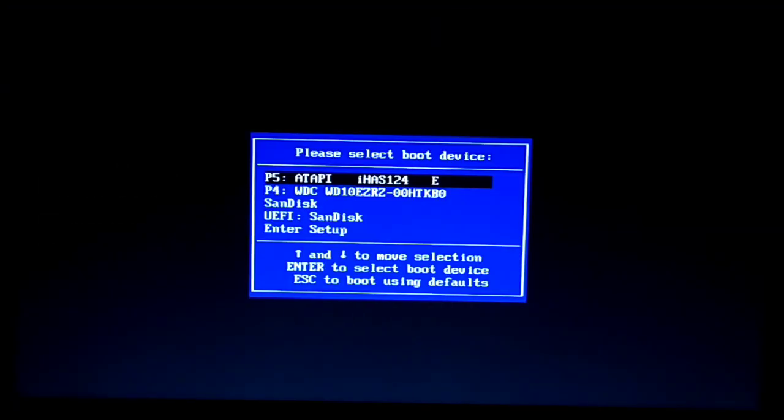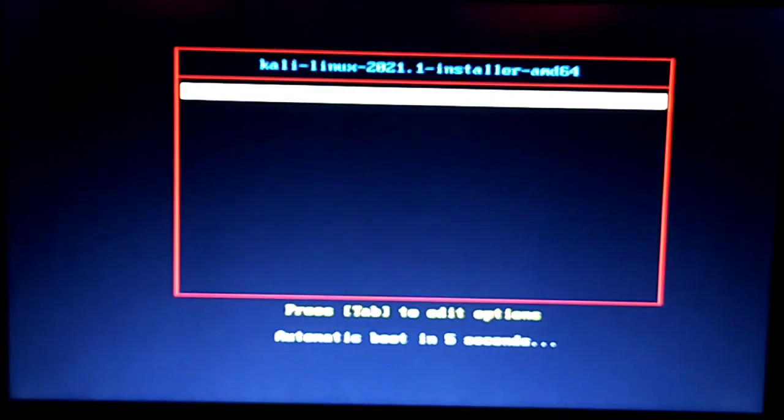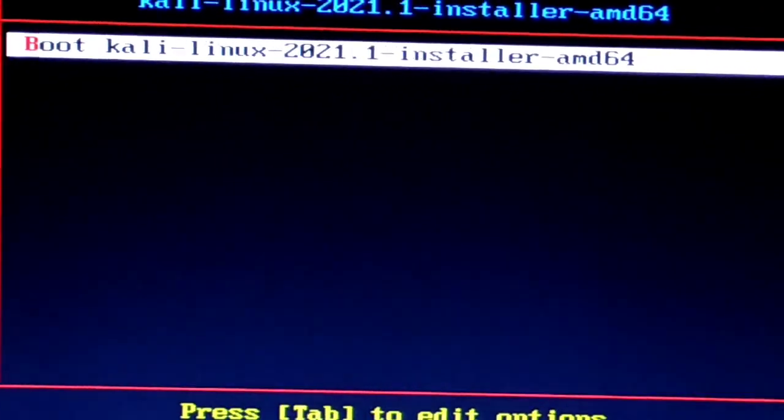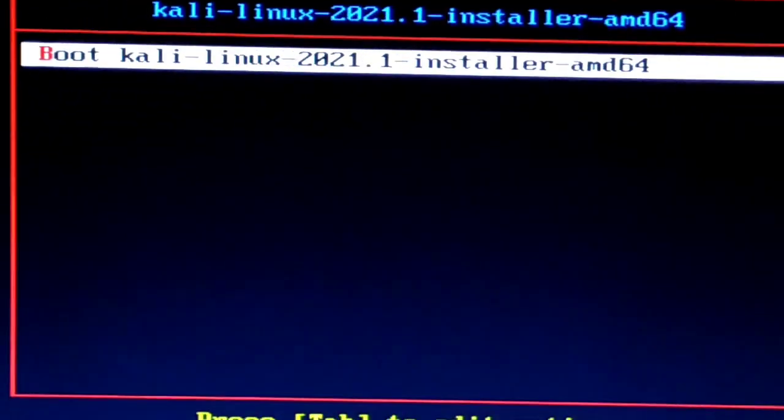When your boot menu opens, select your USB. Now our Kali Linux installation process is starting. Click enter.